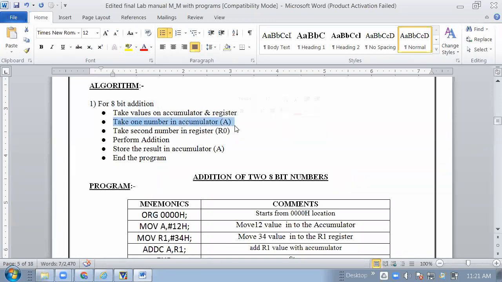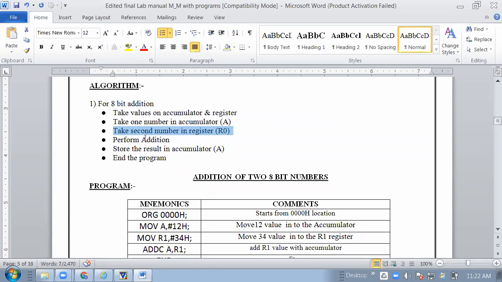Then what is the second algorithm step? You have to take the second number into any register. There are no limitations here. You can take R0, R1, or you can also take the B register. Any register you can take, or any location where you store the value, and you retrieve the value from that location.